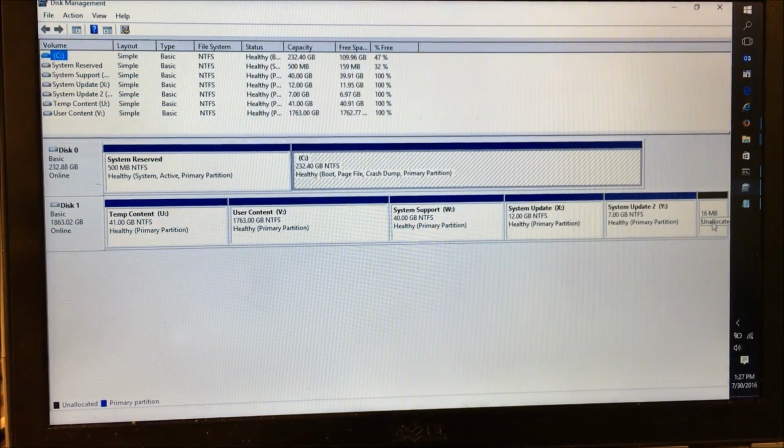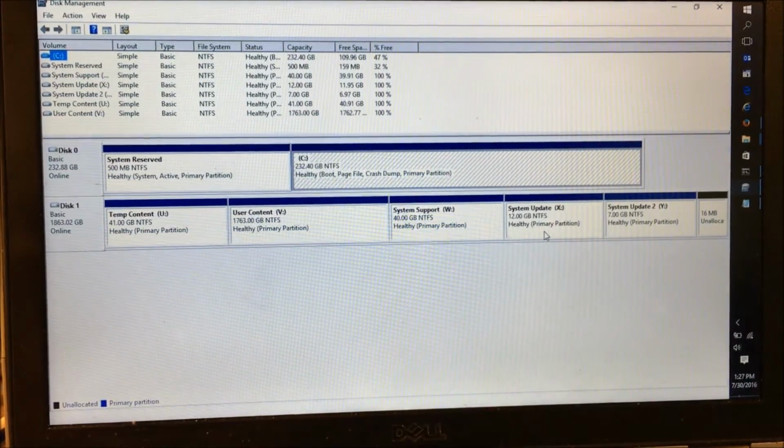But I'm going to run the script one more time, and you can see what the larger one means. But again, here's our system update. So our system update partition is X. So if we go into